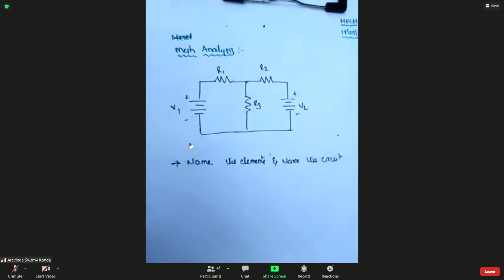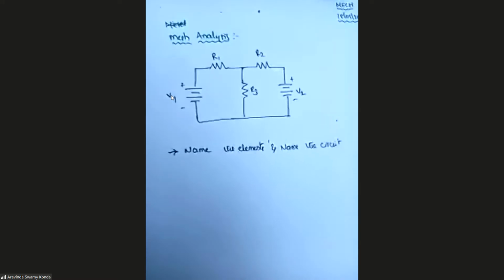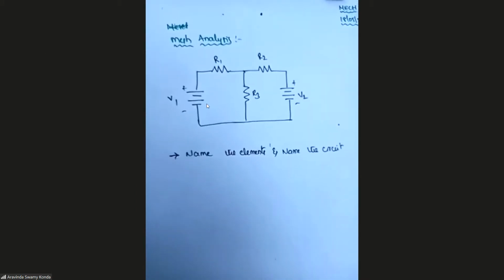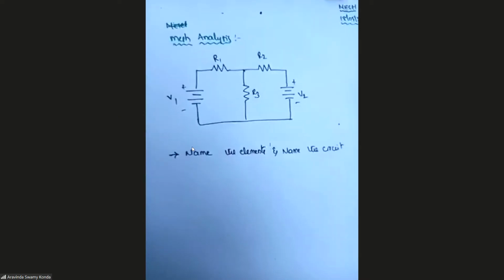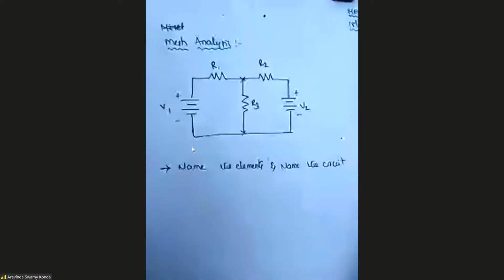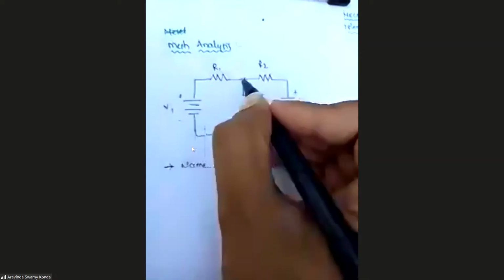So what is the naming of the circuit? Suppose they are asking to find the branch currents. You want to tell how many branches there are and what currents there are. A branch is a part which is connecting between two principal nodes, or one principal node and the reference node. For this circuit you have only one principal node and one reference node, so we have three branches.